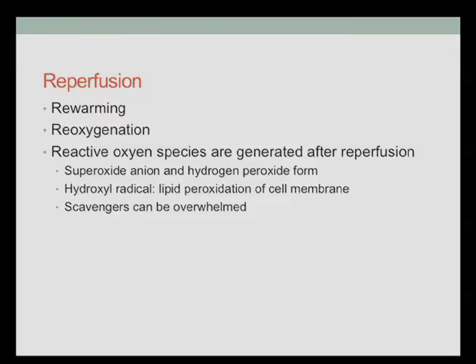So what happens during the reperfusion phase? Well, you rewarm, you reoxygenate, and there are multiple reactive oxygen species that are generated after reperfusion and with the supply of new oxygen. Superoxide anions and hydrogen peroxide form, which then form hydroxyl radicals, and this causes lipid peroxidation. Now, there are endogenous scavengers of these reactive oxygen species, but they are often overwhelmed during an ischemic reperfusion hit. And some of the strategies have been to either add oxygen scavengers, radical scavengers, or to increase the endogenous ones